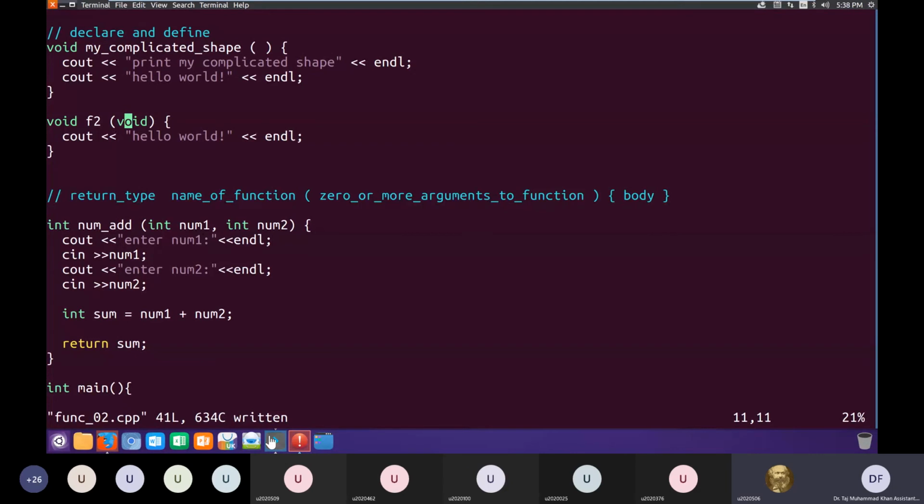Int main is basically declaring the function main, and we are saying that its return type is int. It will return a value of type int whenever we call it. So whoever is calling main will get a value of type int.